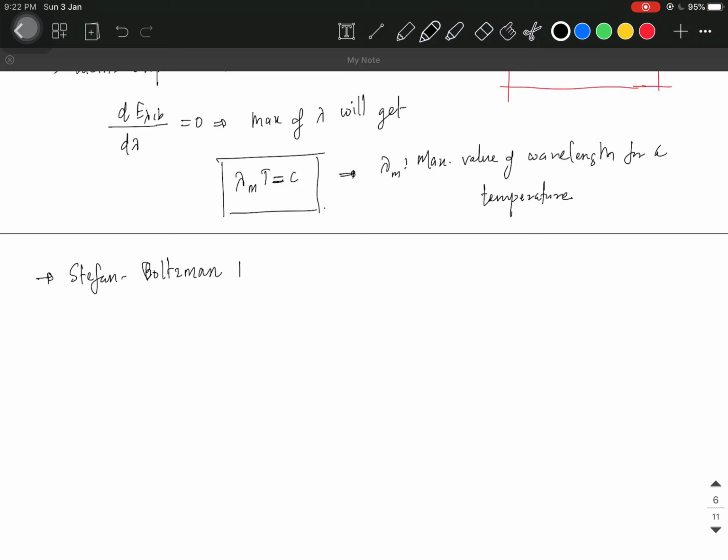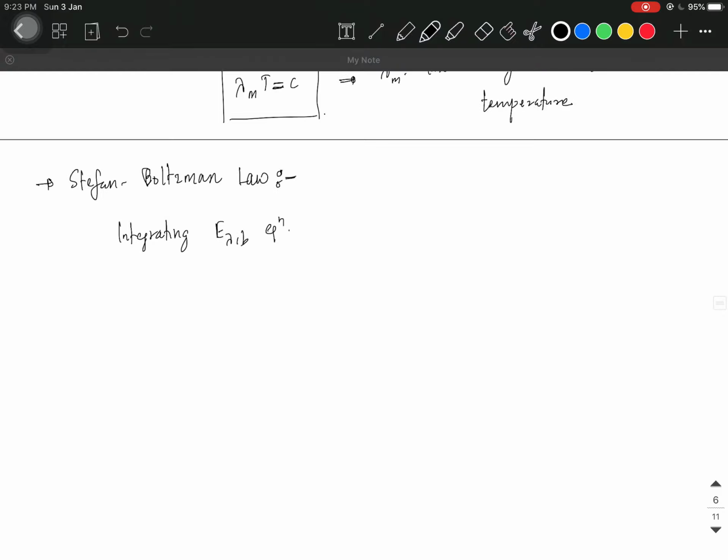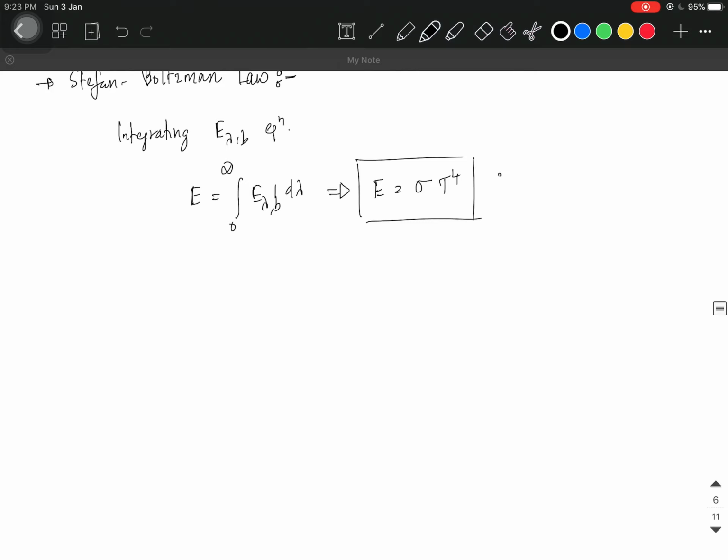And then let's discuss the Stefan-Boltzmann law. And this law can be determined by integrating the equation for E lambda b. We will get an equation which is E, that is the total emissive power of a black body, equal to the integral from 0 to infinity of E lambda b d lambda, which is nothing but E is equal to sigma T raised to 4. So remember this particular equation, where this sigma is the